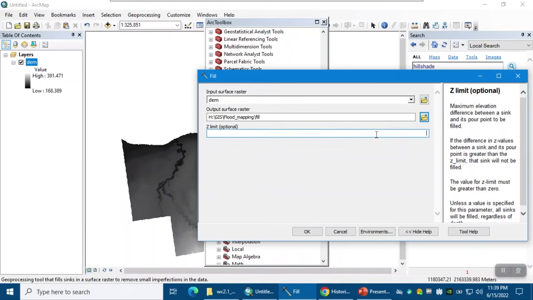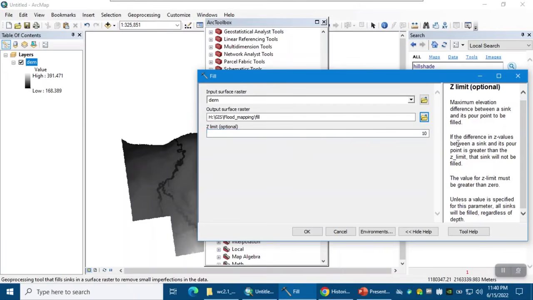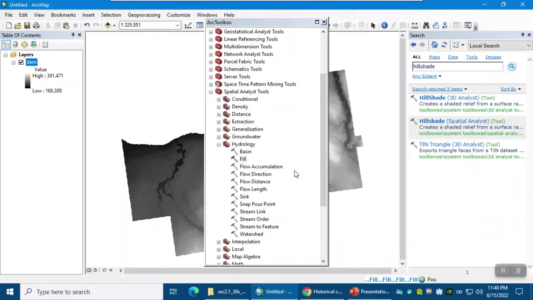For example, if I put the value of 10, the values that are under 10 are going to be filled, okay? And above that is considered a natural sink and should not be filled. And here it also explains that if the difference in Z values between a sink and its pour point is greater than the Z limit, the sink will not be filled. And the value for Z limit must be greater than 0. We don't have any natural sink, so I'm going to click on OK and convert this digital elevation model